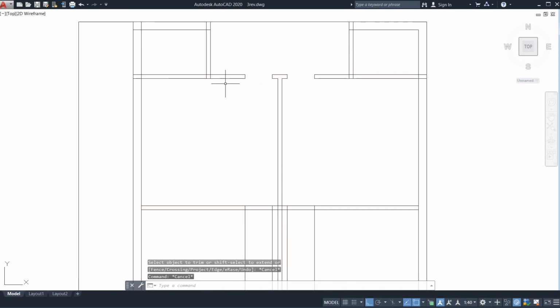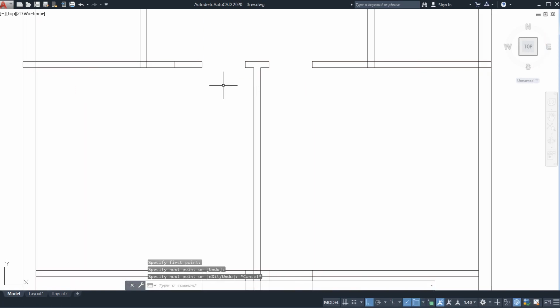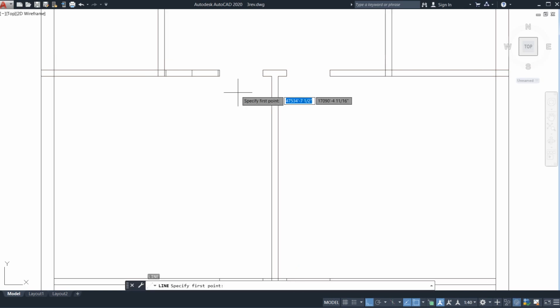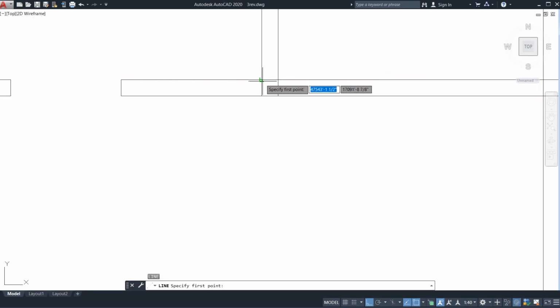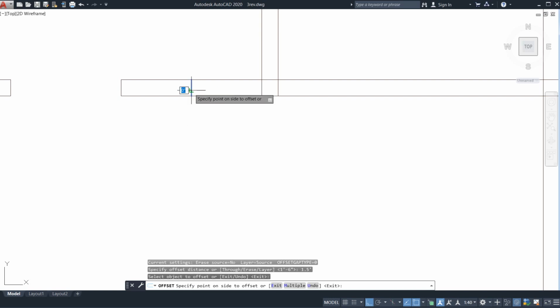Now here you can see I need to place window in this. So before placing, I need to look for middle point. So before middle point, I need to draw a line. Same here, offset of 1.5 feet from both the sides. See, 1.5 feet. Here also, again escape it, just go for line. Here draw line here to here. Then after drawing line, you can get the middle point, drag it up to here, offset of 1.5 feet. Now just drag it like this, just drag it like this.